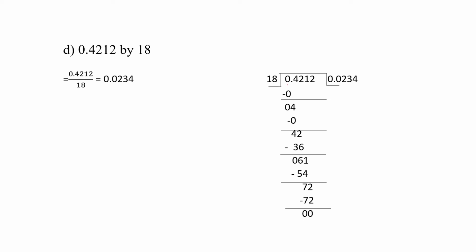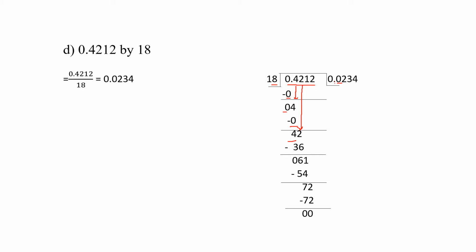Okay children, now we'll see part two, divide 0.4212 by 18. So here dividend is 0.4212 and divisor is 18. So we'll start to divide. 18 zeros are 0 we'll write, right? Then 0 minus 0, 0 will come over here. Our next number is 4. So we'll take 4 down, right? Now you can see this 4 is after the decimal point. So in our answer after 0, we'll immediately put here a decimal point. Clear? Now again 4 is not coming in the table of 18, so again we'll write 18 zeros are 0, right? So 4 minus 0, here 4 will come.